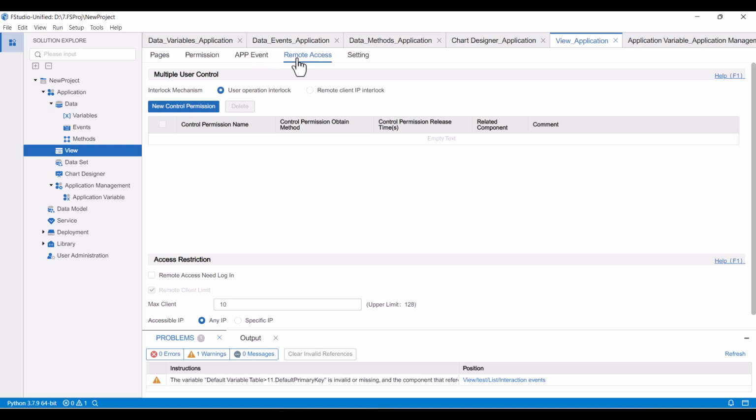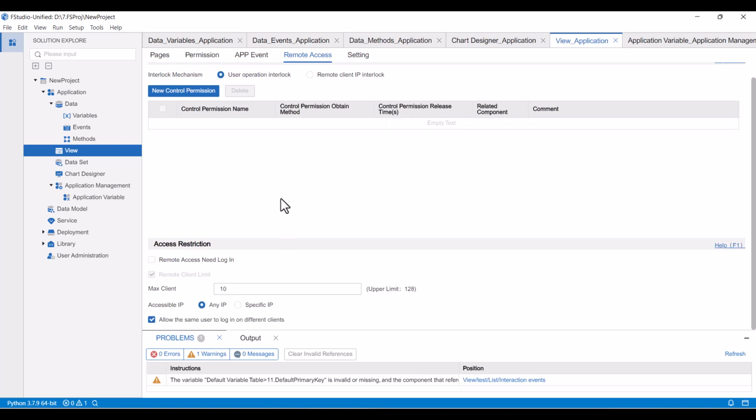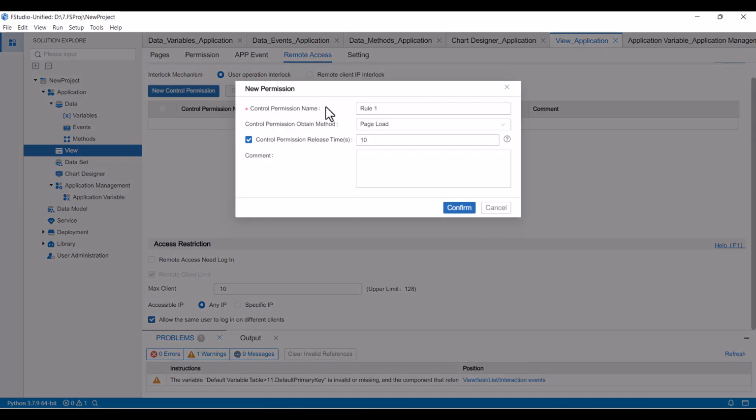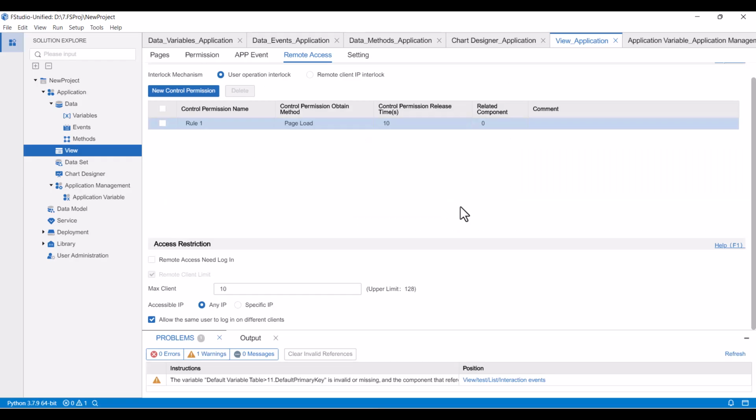Then remote access. This is for the web access. The default max client is 10, but for SCADA it is up to 128. The maximum client for the FPAD is 10, I suppose. And also you can use a new control permission. If you access the FPAD or Flex SCADA project,